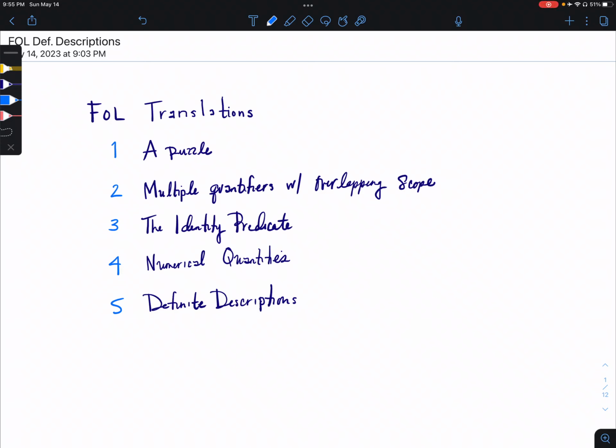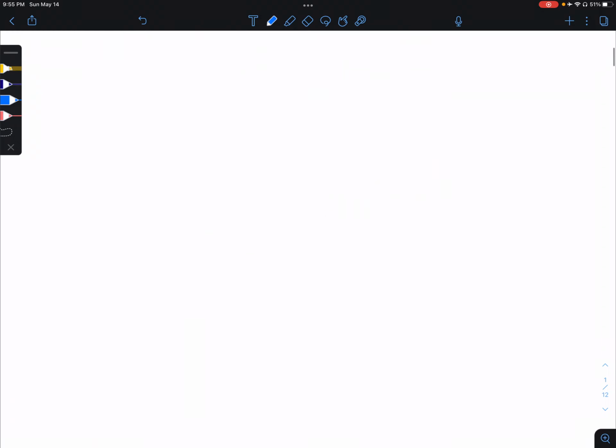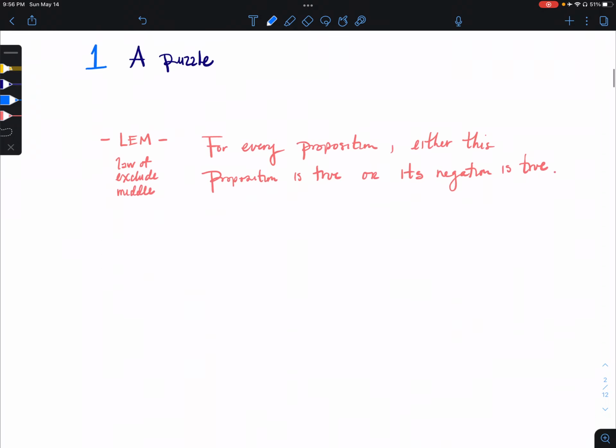Okay, in this video, we are going to continue to work on some more advanced FOL translations. We're going to start with a puzzle and then introduce some of the concepts we will need in order to solve that puzzle. The puzzle is a puzzle for something called the law of excluded middle,